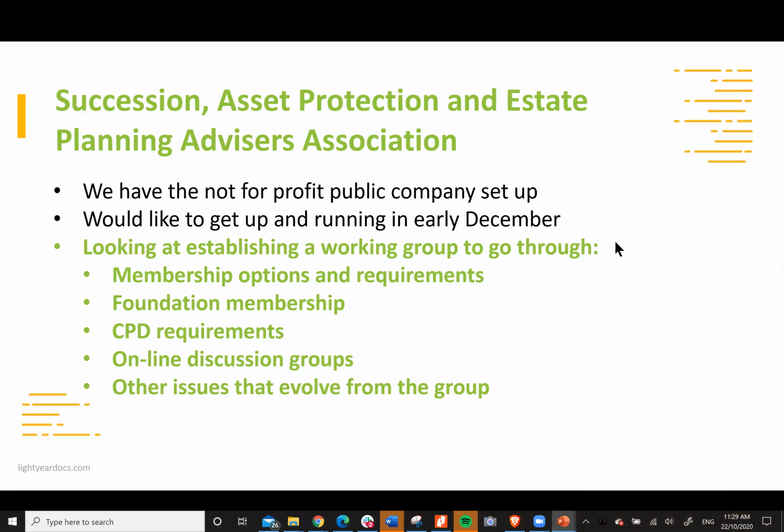What we're doing is obviously the Succession Asset Protection Estate Planning Advisors Association. We are going to have a working group up and running. We've had a lot of interest from you, but that'll probably be after our estate planning session, Tony, and our 101 session, which will come up in November. We'll do this probably in the 3rd week in November. We'll go and set accreditation standards for national membership, CPD. It looks exciting, and the good thing is it will give us an accreditation, so we can put up the wall to say that we are proper advisors in this area.